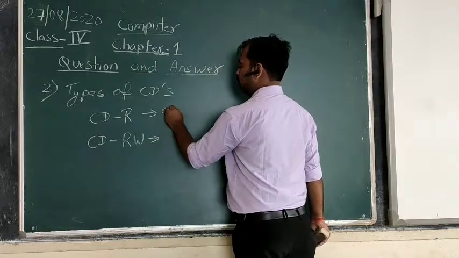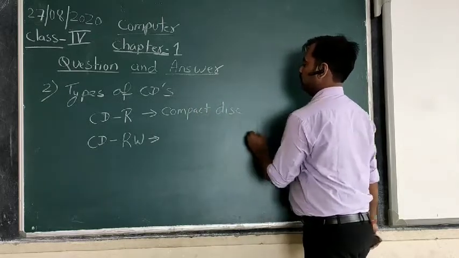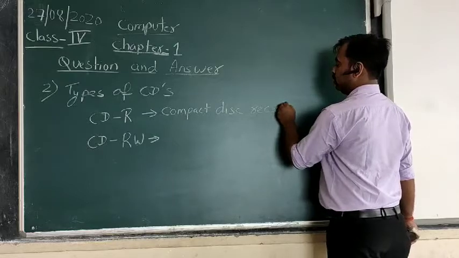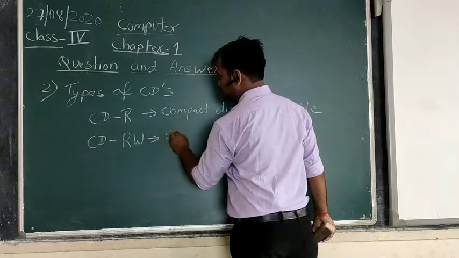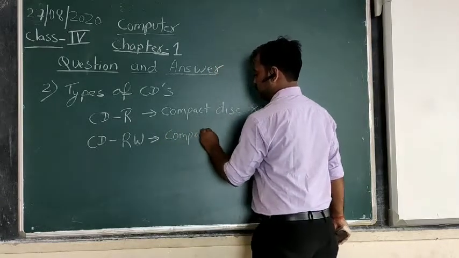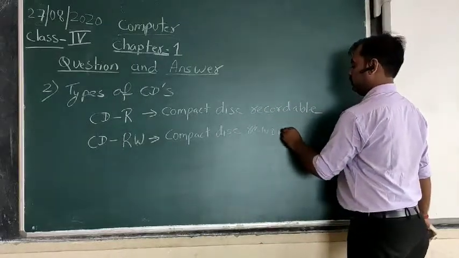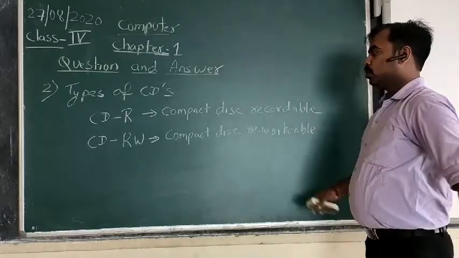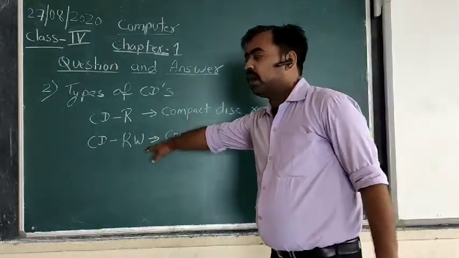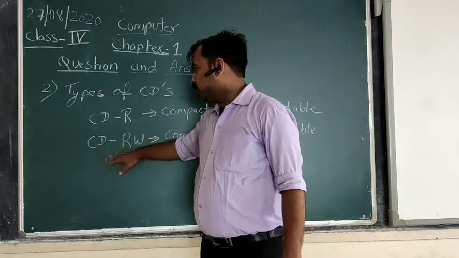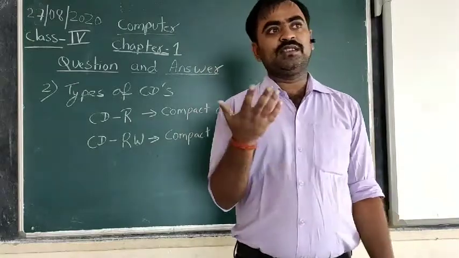Its full form is compact disc recordable, whereas the second one is CD-RW, compact disc rewritable. Clear? So these are the two types of CDs which are available, the CD-R and CD-RW. Clear? The difference between these two CDs is that CD-R, the CD recordable, is the CD which is available blank,